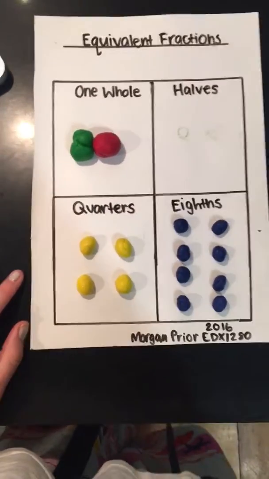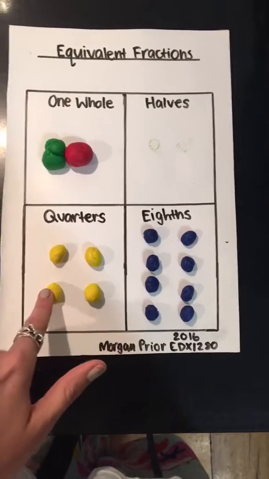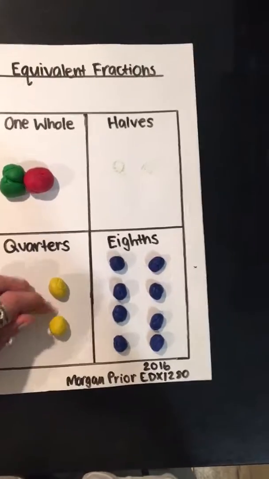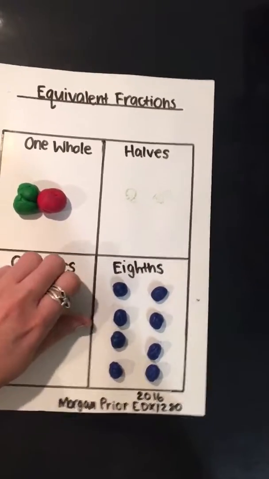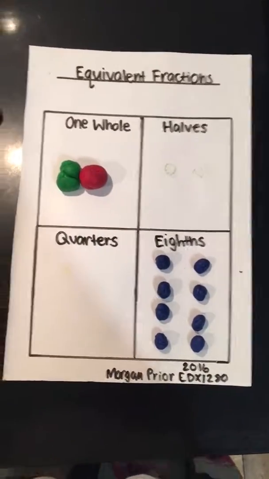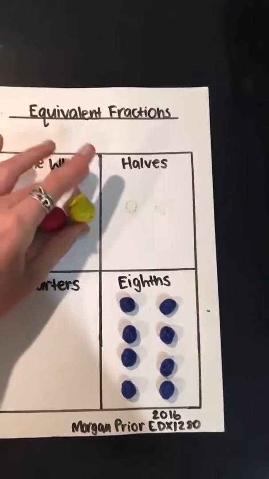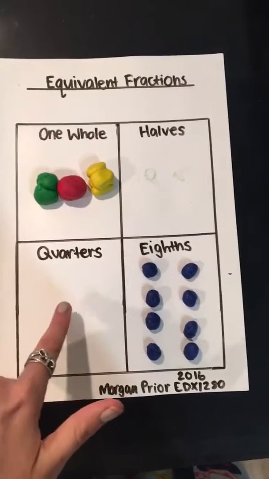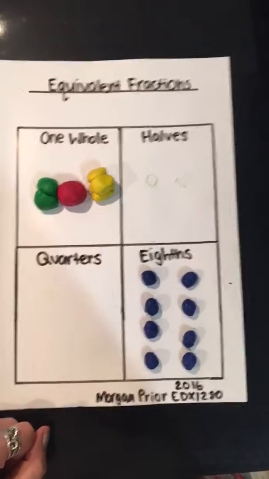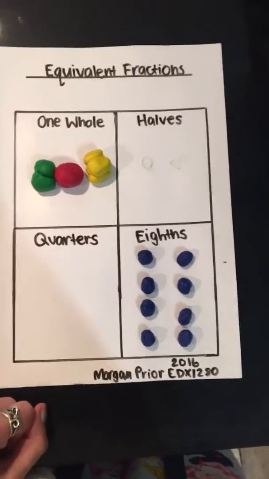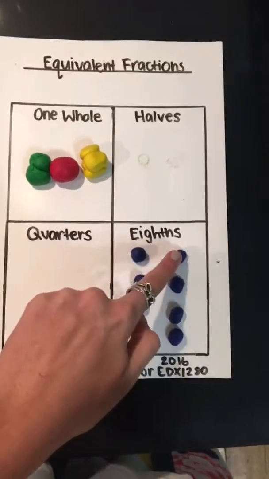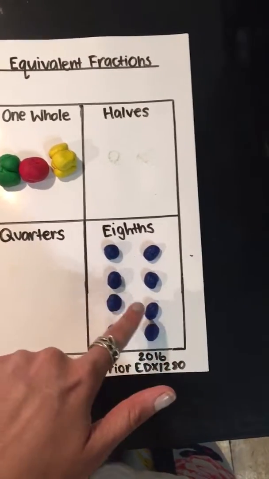In the quarters column, we can see 1, 2, 3, 4 quarters. If we mix these 4 quarters together, we again make 1 whole. So we know that 4 quarters makes 1 whole and 2 halves makes 1 whole. These are equivalent fractions. If we now look at our eighths column, we have 1, 2, 3, 4, 5, 6,